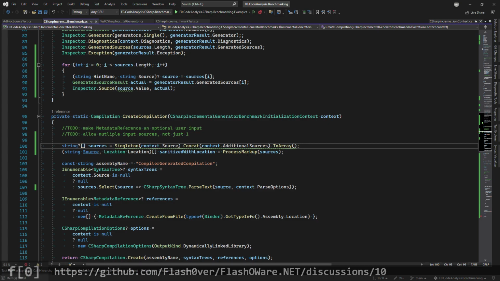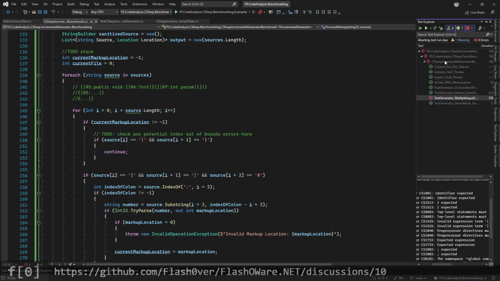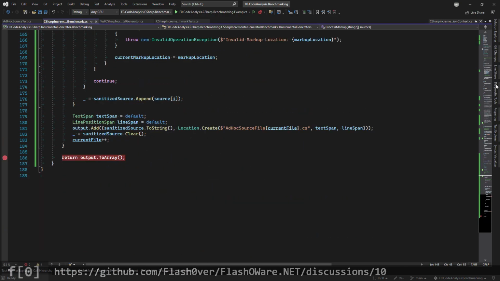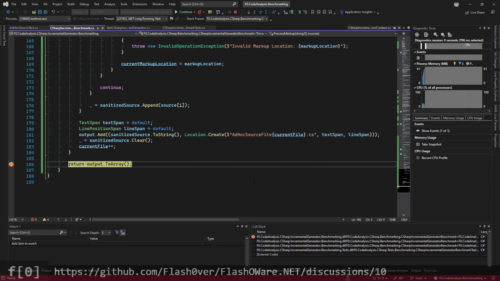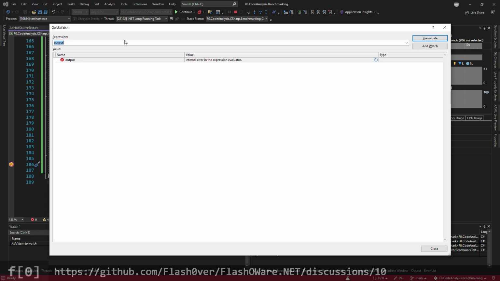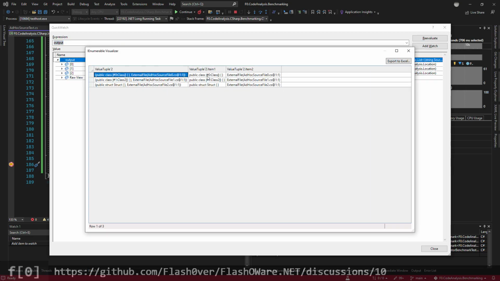Okay. Well, this will create a bunch of warnings, but we will fix them later. Now let's see where this goes. Let's have a look at the output. We have 3 files,